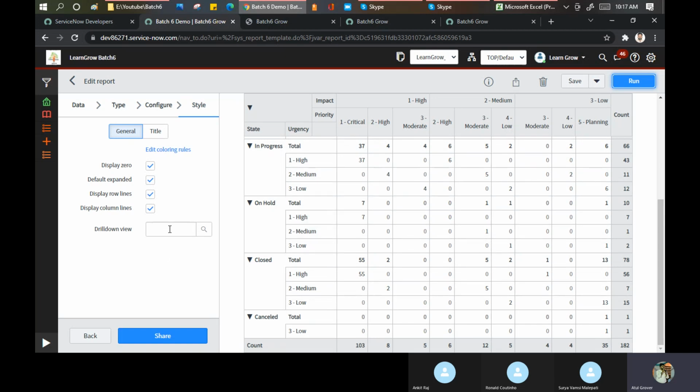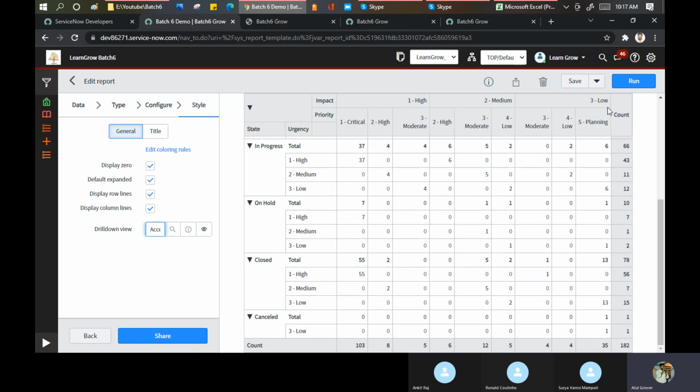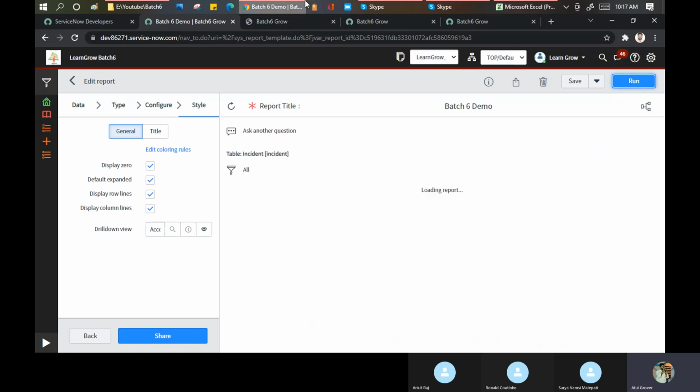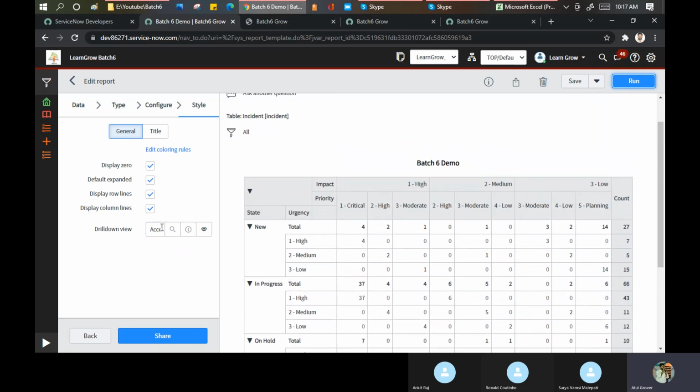If you want to drill down, means if you want to do a little more deep dive in this, you can do that. I never tried this thing. Maybe there's an option as well. Drill down, maybe accept. देखें क्या होता है. रन करके देखें. कुछ रन होगा नहीं होगा. नहीं पता क्या हुआ. कुछ तो वही होगा, but ठीक है. So you can do this thing. ServiceNow is increasing the reporting section as well with new functionalities for all types of users.